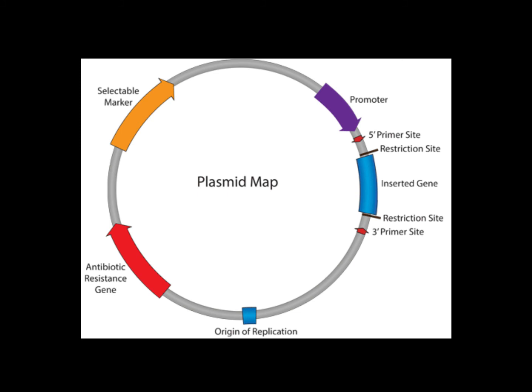An example for a marker gene is antibiotic resistance gene. Antibiotic resistance gene is a gene whose presence will give the host cell resistance to certain antibiotics. So, by putting that particular antibiotic in the medium and by looking at the response of the host cell in that medium, we can check whether the host cell is carrying the vector or the foreign gene. So, that is why we use marker genes.